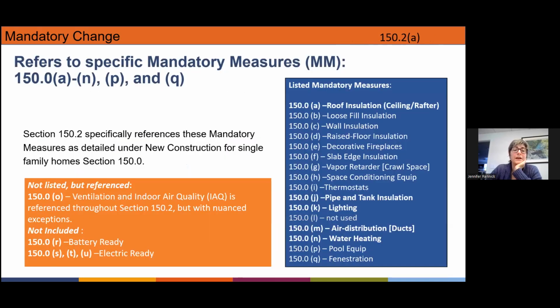In the mandatory measures that are specific to residential standards, we have section 150.0, and there's a list of all the types of things the code hits on. Roof insulation, fill insulation, wall insulation, fireplaces, slab insulation, et cetera, and the list goes on. And almost all of these mandatory measures will apply to additions and alterations, with the exception, and these are some important exceptions, if you listen to our single family presentation,